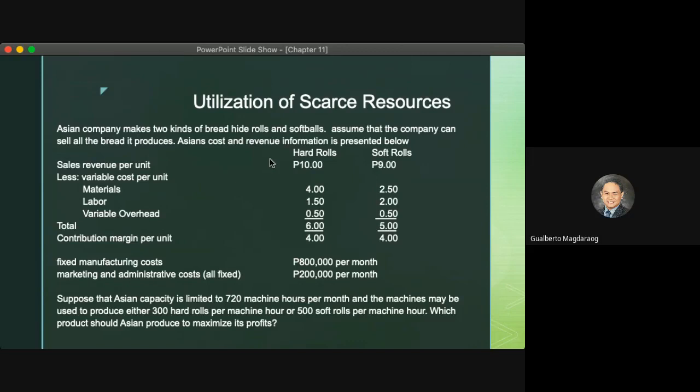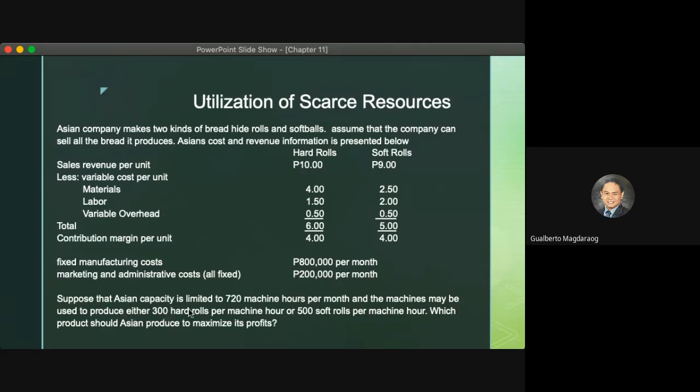So, ito yung income or contribution margin per unit ng hard rolls. Contribution margin per unit ng soft rolls. Pareha silang 4 pesos. Pero hard rolls are sold at 10 pesos each and soft rolls are sold at 9 pesos each. Now, the constraint is